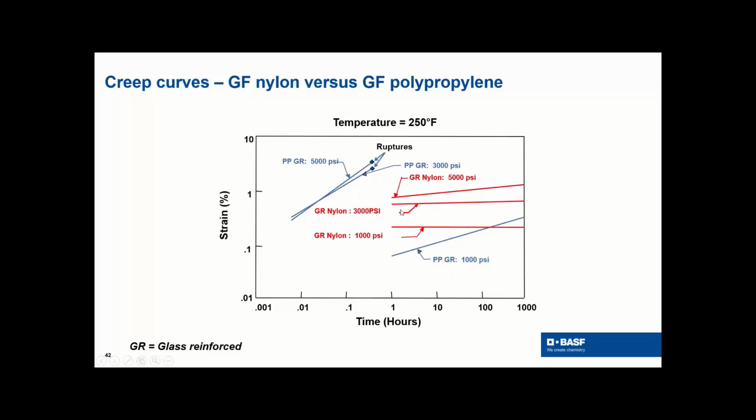So we're going to show some creep curves here. Basically, this is a creep curve. Ideally, you want something with a very level slope; something with more of a vertical slope is not a good thing. So if you design your first part and you use polypropylene in a creep application, and you design the cross section and say, okay, the stress was 5,000 psi, your ultimate is much higher than that, and you didn't really look at creep. Well,